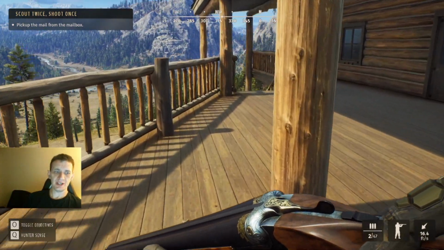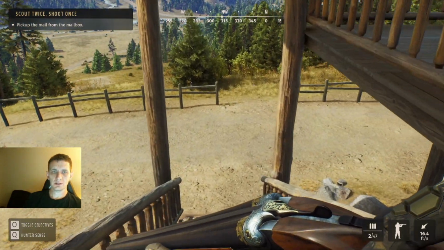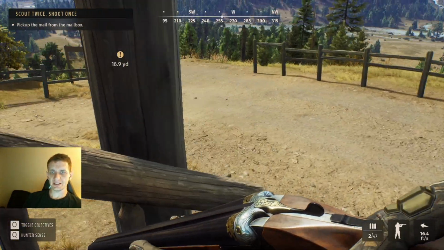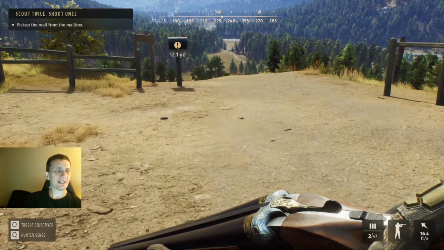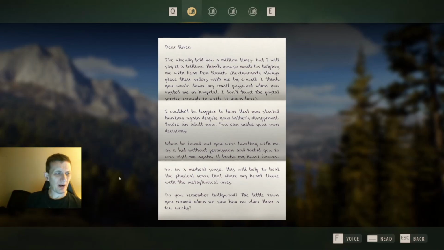For this next mission, it says to check the mailbox. Scout twice, shoots once. So let's check the mailbox and just kind of see. But I have gotten a little nauseated. Like, I feel like right now, without the field of view change and all that, I probably...